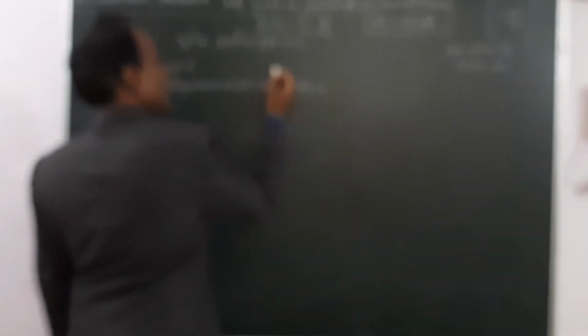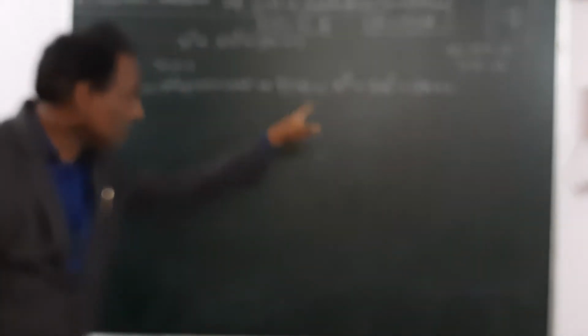Now, see the procedure. All are the same model. First problem, you listen carefully. See the given polynomial here. Say p of x or f of x, anything you can write. What is it? x cube plus 3x square plus 3x plus 1. This is the given polynomial. It is divided by what? x plus 1.